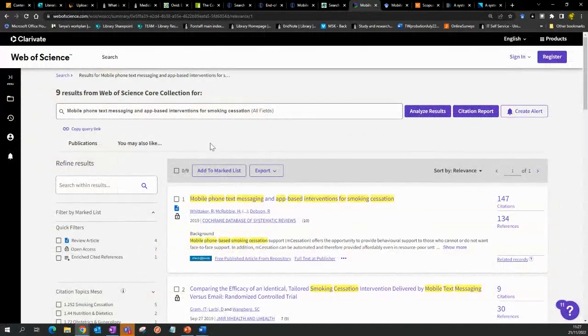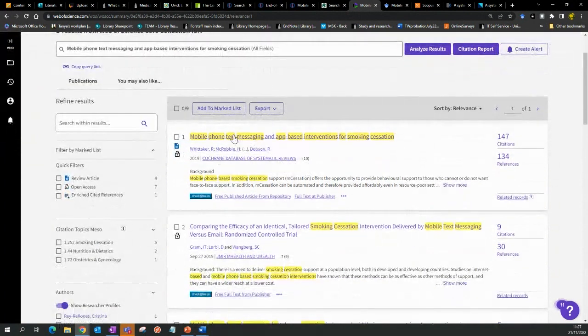So I've gone into Web of Science and I've put in the title of a journal article that I already know about that I think is so important for my topic. I'd consider it a key paper. So I want to use that as what we might call a citation pearl. Okay, so we put that in, and in Web of Science,